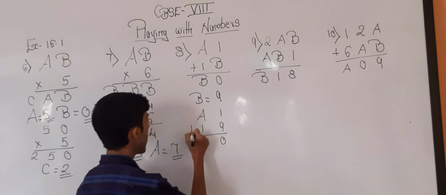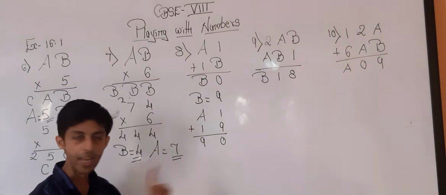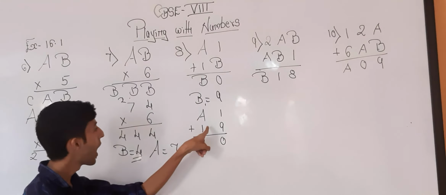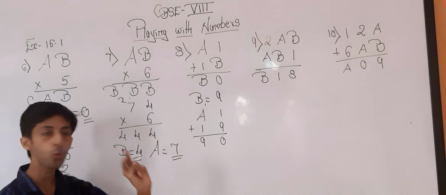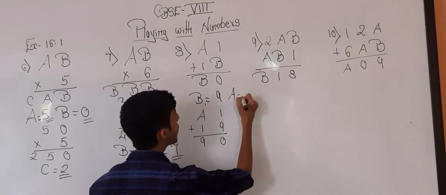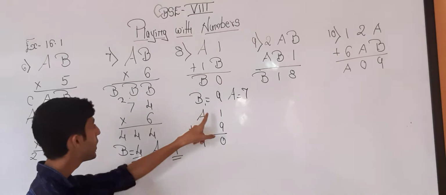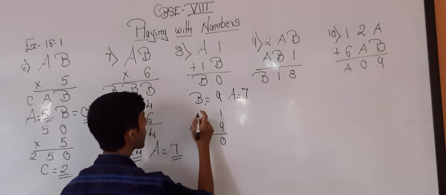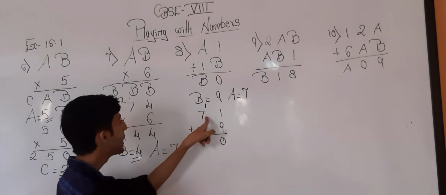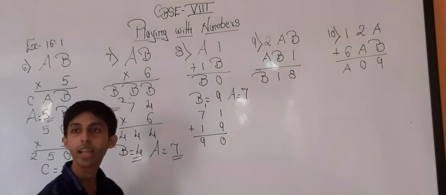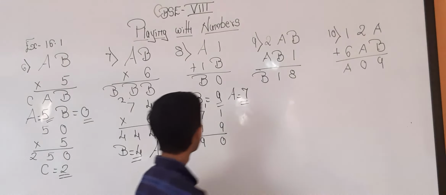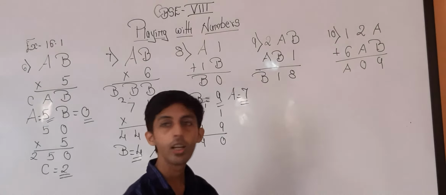Now over here we are doing addition. So 9 plus 1, 10. 0, 1 carry. Now I want the total to be 9. I am having over here 1 and over here 2. So 2 I am having. So 9 minus 2, 7. My value of A will be equal to 7. So see over here. If I am doing 7 over here, 9 plus 1, 10. 0, 1 carried. 7 plus 1, 8. 8 plus 1, 9. The value of B is equal to 9. The value of A is equal to 7.